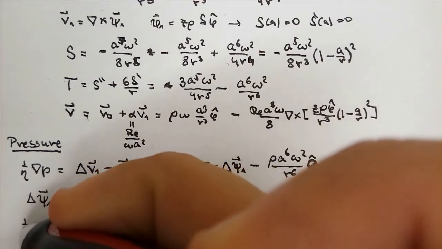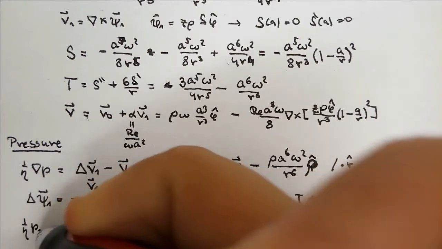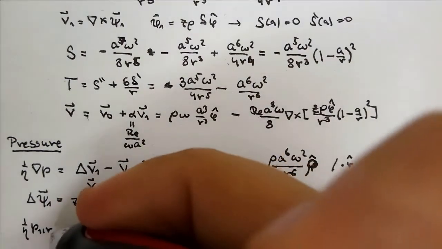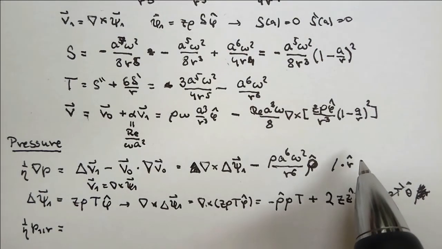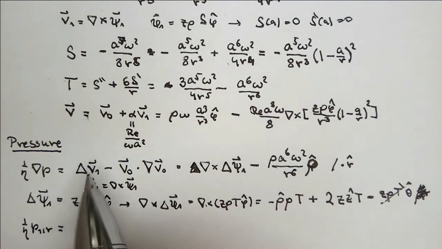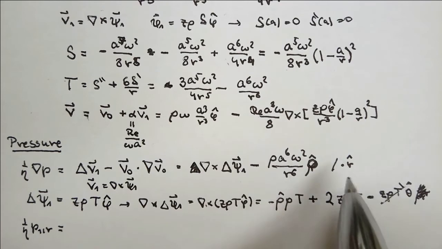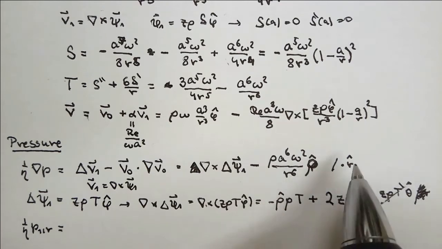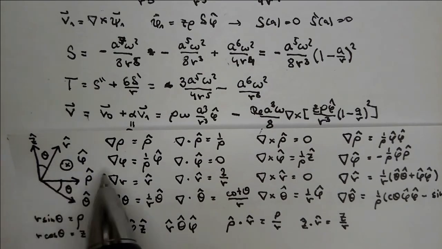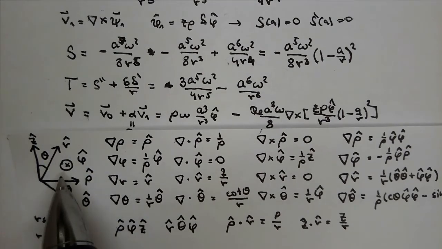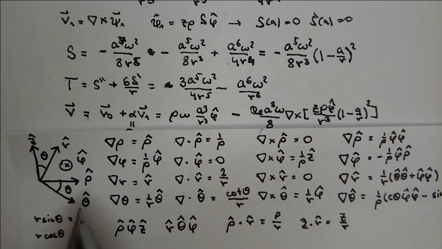So it's going to be 1 over eta times the derivative of p1 with respect to r, and this is going to be r hat dot product with this term. First we'll manage this term, the dot product with rho phi, which is the cosine of this angle, which is the sine of theta, and the sine of theta is